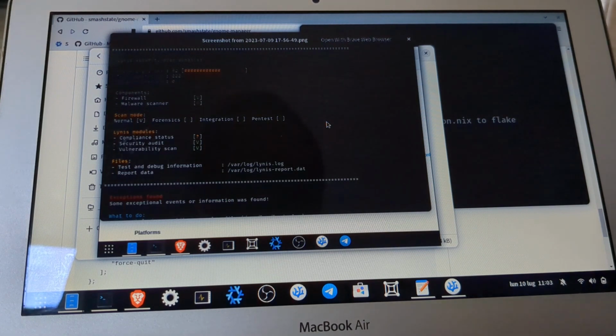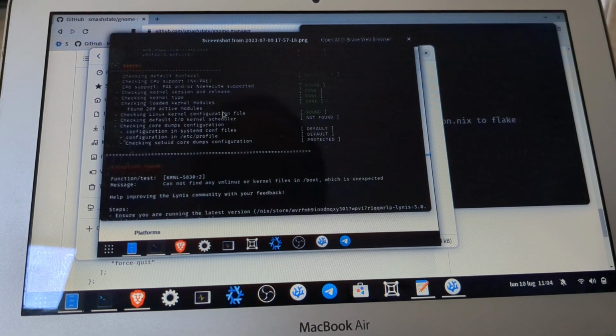I also tried Lynis to see the vulnerabilities, and some features can't be tested on NixOS because it has a very different layout.